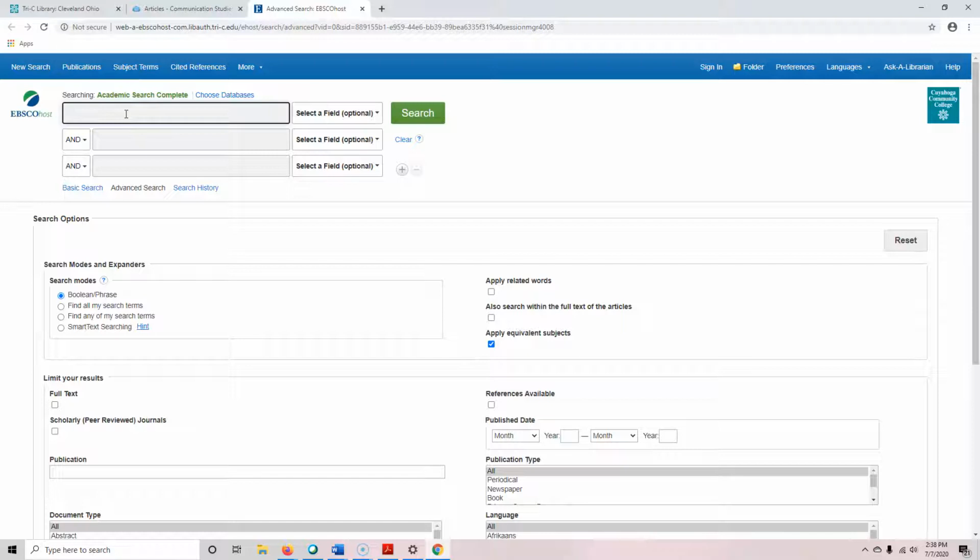But if I was going to try and persuade you that we need to get rid of the Electoral College and do some sort of reform to pick a better way of voting, the Electoral College is a thing. So I could say reform, and I could just start with that. So basically what this is saying is, hey database, find this term and that word in an article. So if I just say search,